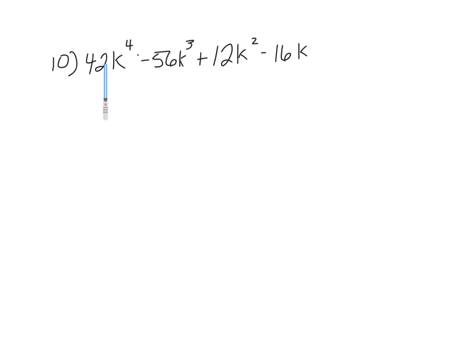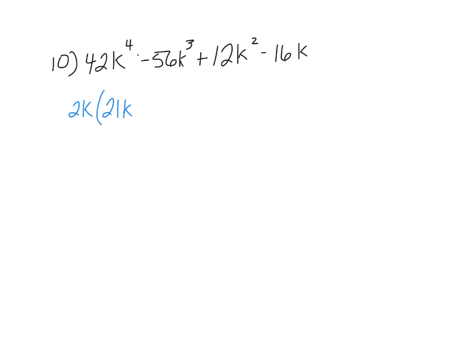The other thing I notice is the k to the 4th. Sorry, I kind of got interrupted, so let me go back to where I think I was. So like the k to the 4th, I think anything above 3 should be a red flag. And I notice also that they all have at least 1 k, right? So 2k is my greatest common factor, right? So I've got my 2k, and I'm going to divide each thing by 2k, so I get